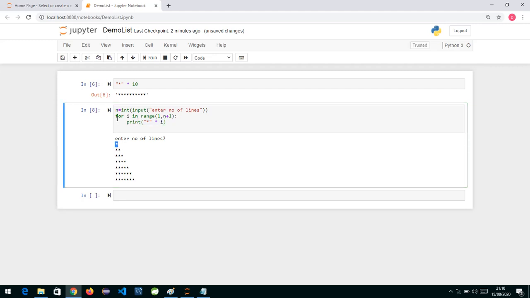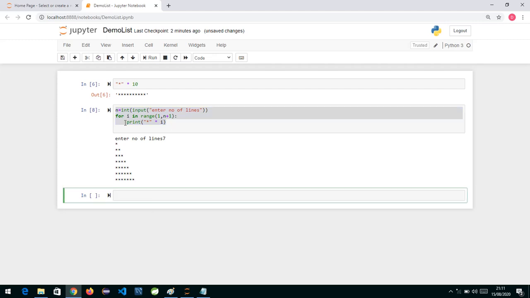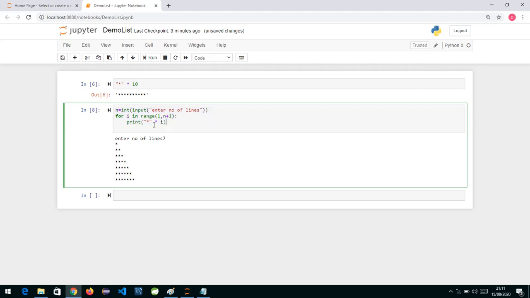The same thing, if we want to do in other languages, we will at least make use of 2 for loops. We can do it using 1 for, but in Python the number of lines required to write code is definitely less than in other languages. Okay, so this is the pattern. If you want to print any right angle triangle pattern, you can just make use of this replication operator and work it out accordingly.